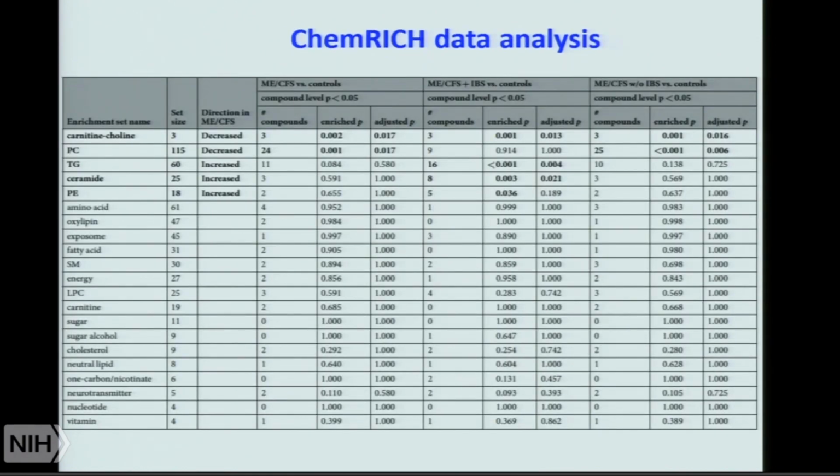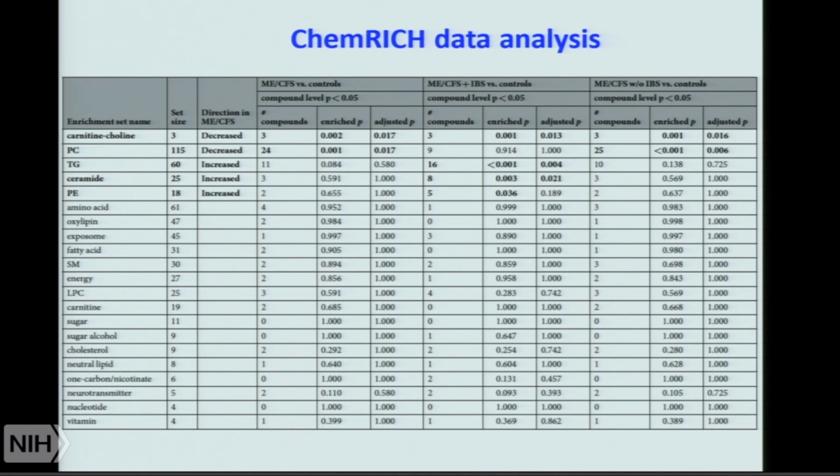And we then did the enrichment statistics analysis that I showed you before, where we saw that PCs were decreased, TGs were increased. So that's similar to what Bob Navio found. Increased also ceramides. These are the biofunctional lipids. And a couple of others, of course, individual compounds that were different, but not systemically across all the compounds in